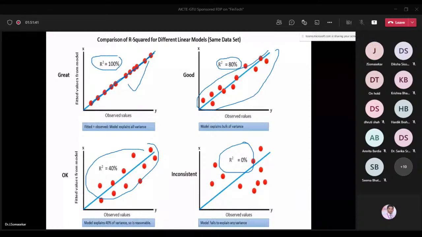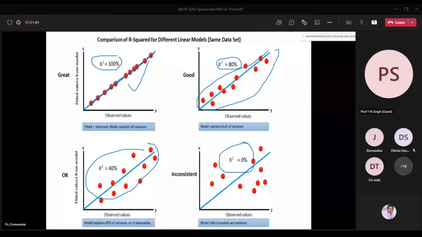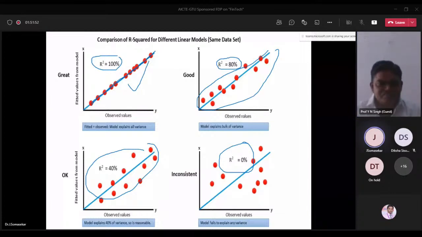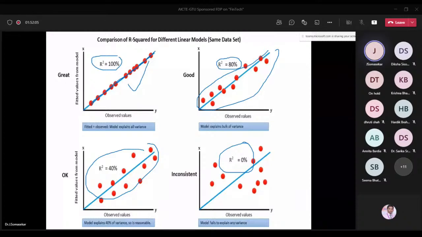Sir, excuse me, sir. Yeah. Sir, your screen is not moving, I think. Are you on the slide with the diagram? Still you are on that screen? Yes, we are on that screen only. Now I am showing that one screen. While you are explaining, I can't see it moving one by one. The previous slide, I think, where you were before the break. It is not moving. 1 second, sir. I'll stop and share again.